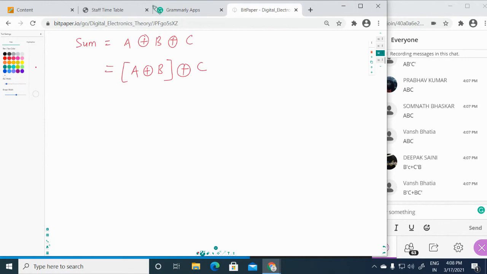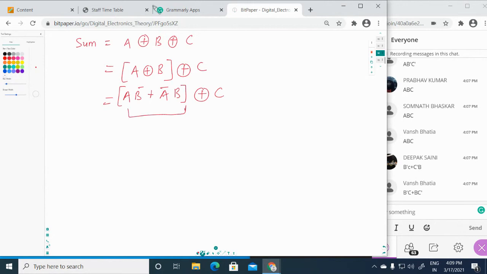And you can solve it right from here. A XOR with B is A B bar plus A bar B. This is the solution for XOR gate. Then you have to use the XOR C.